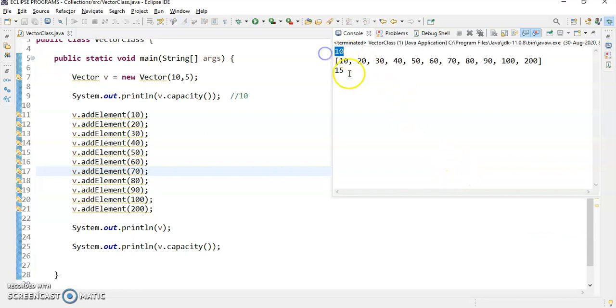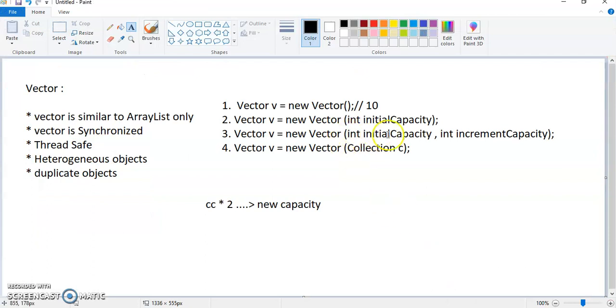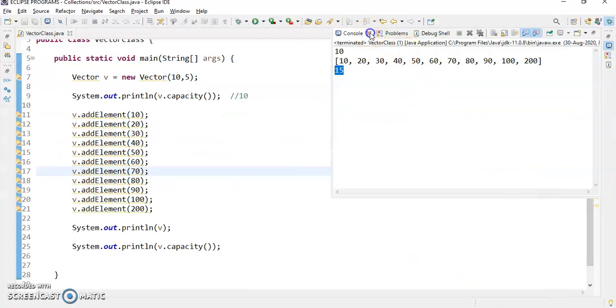See, this is 10 and the next capacity has been increased by 5, because we created the constructor using the third syntax that we have seen, the initial capacity and the incremental capacity. I hope you are getting what we are seeing here.